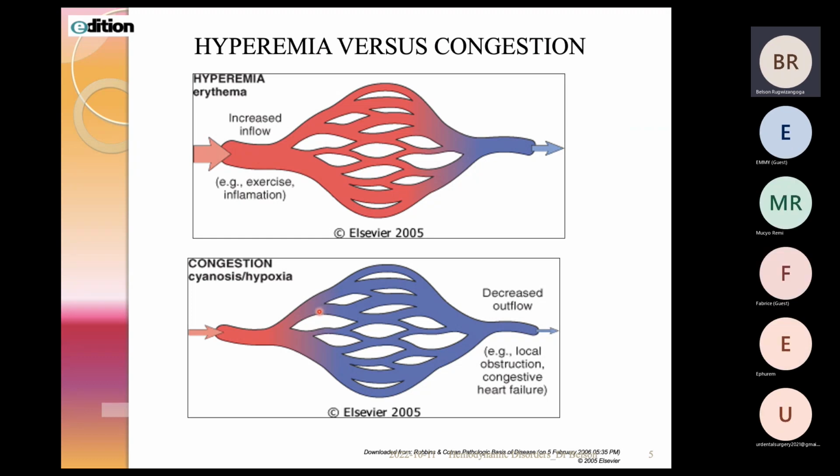The opposite. So what happens? The outflow is decreased. Hyperemia, there is increased inflow, but the blood leaving is not increased. So here there is a continuous increase in the volume. While for the congestion, because of the decrease in the outflow, maybe because there is something occurring here, which can be a parasite like filariasis, elephantiasis, there is an occlusion of vessels by parasites. So in that case,